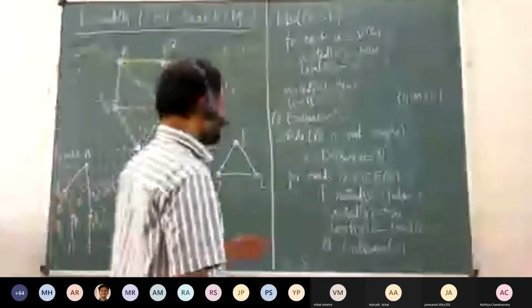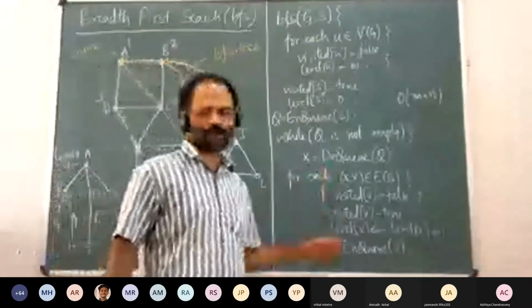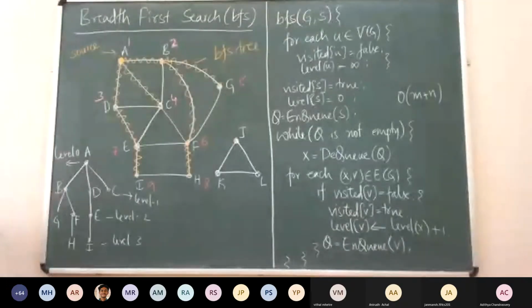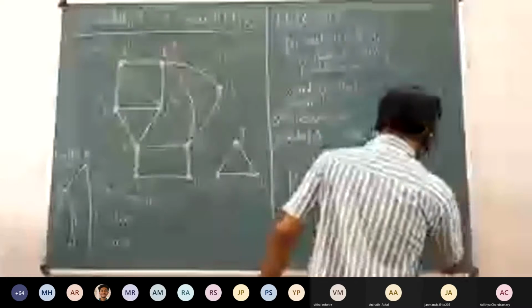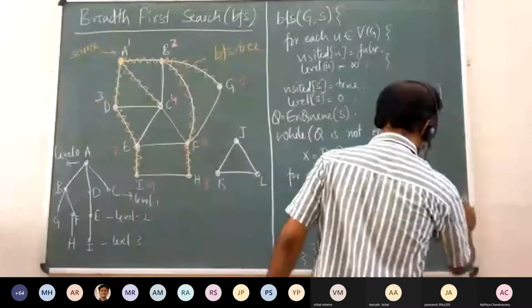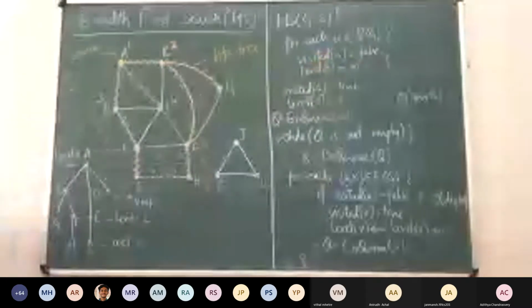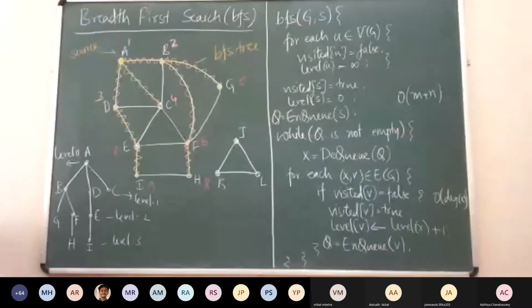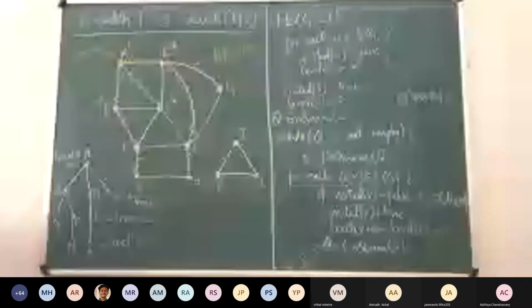Initially, if you look at it, brute force, this looks like m into n, but we are not spending n amount of time here. We are only spending the amount of time which is proportional to the degree of the particular vertex x. So it is basically order of degree of x. Now once you sum it over every x, it will just become order of m, because sum of degrees is equal to order of m. Okay, good.